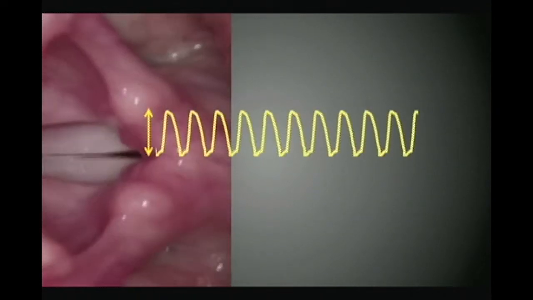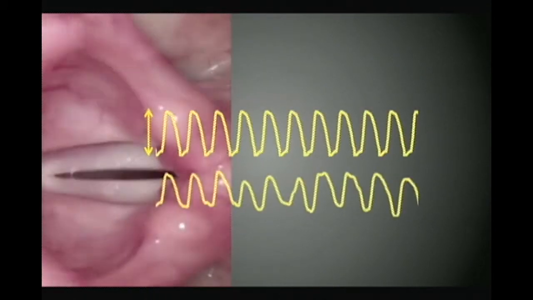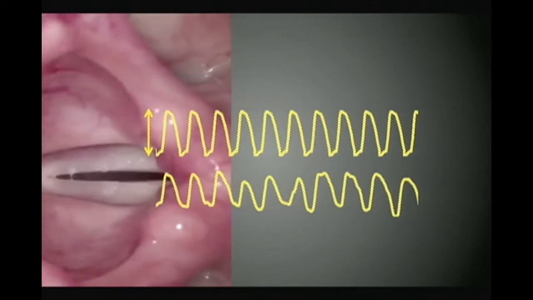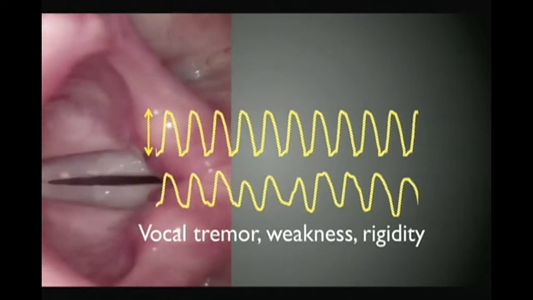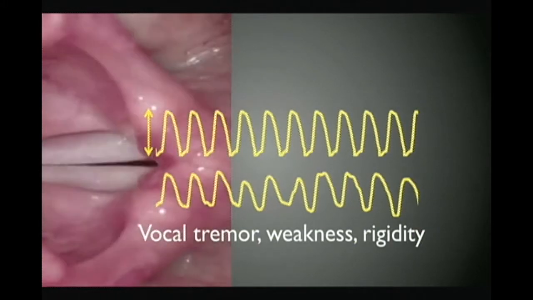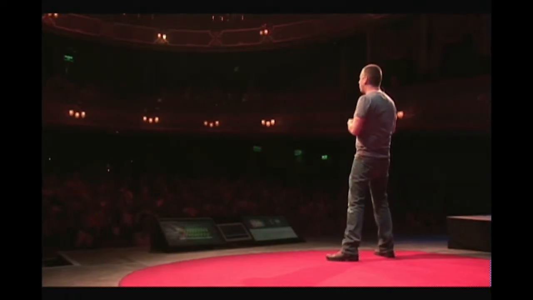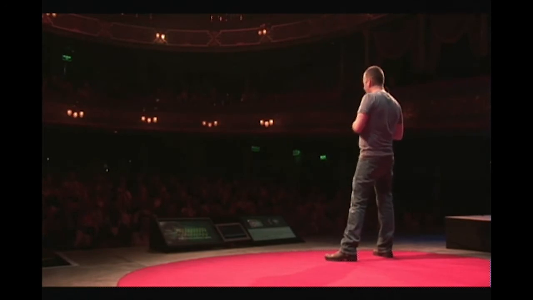And from the sound, we can actually track the vocal fold position as it vibrates. And just as the limbs are affected in Parkinson's, so too are the vocal organs. So in the bottom trace, you can see an example of irregular vocal fold tremor. We see all the same symptoms. We see vocal tremor, weakness, and rigidity. The speech actually becomes quieter and more breathy after a while, and that's one of the example symptoms of it.